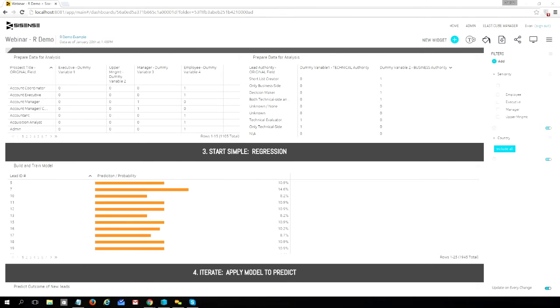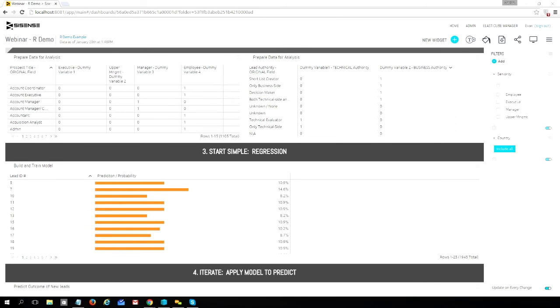So in R, it is very simple to build a linear model or a generalized linear model. In fact, to call a linear model is just the LM function. It's 1 line of code. And to call a generalized linear model, it's the GLM function, very appropriately named. What's nice is these functions are simple to call in R, and then they run down in C and Fortran routines, so they actually run very quickly.